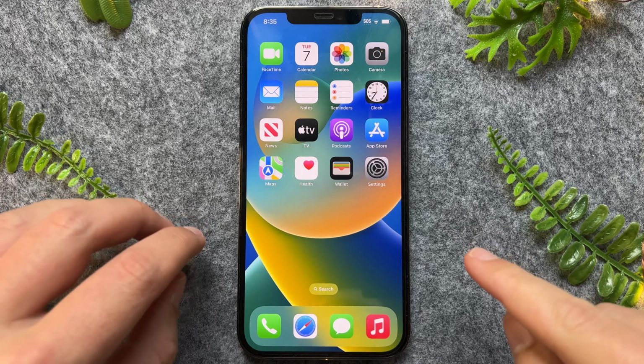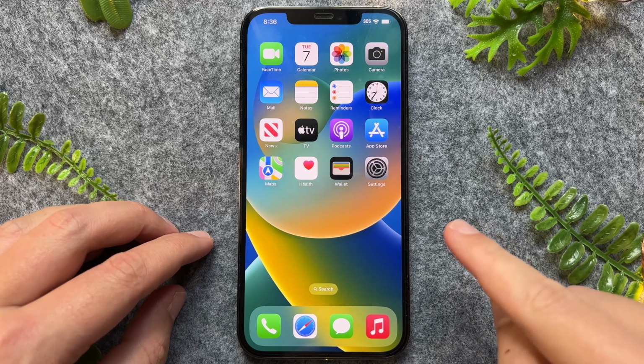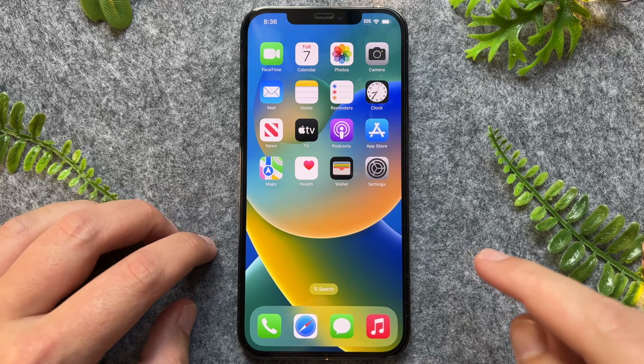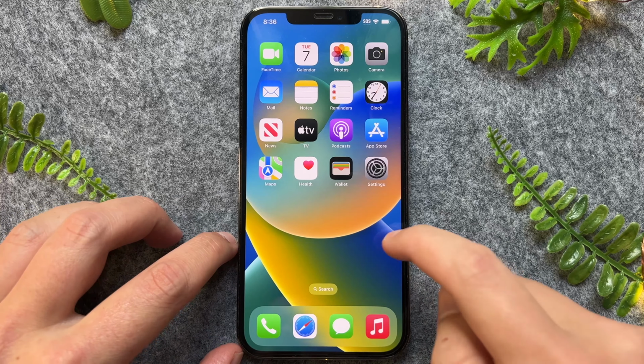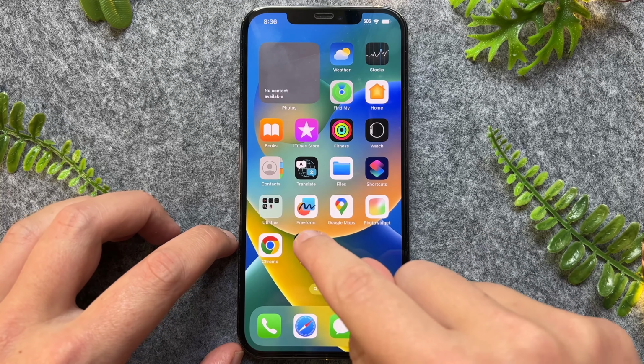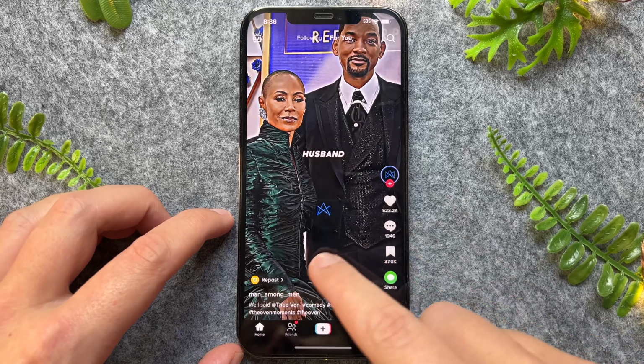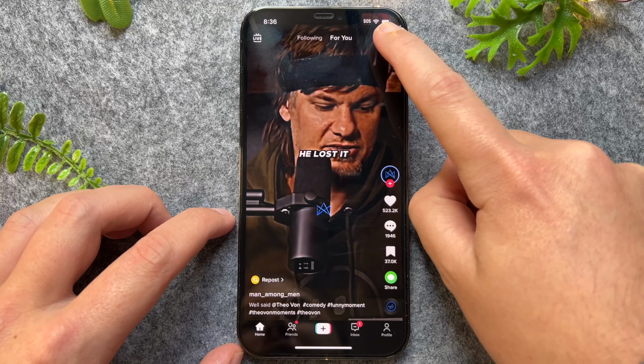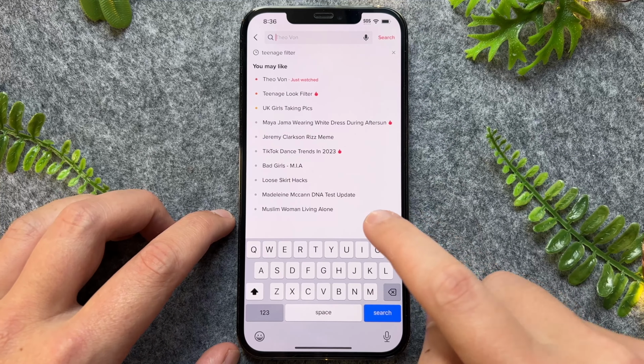In this quick video, I'm going to show you how you can get the teenage filter on TikTok. So let's just dive straight into the video. Now, obviously the first thing we have to do is go and open up TikTok. Now, once you're here, you just want to go to the search icon and then you can go and search